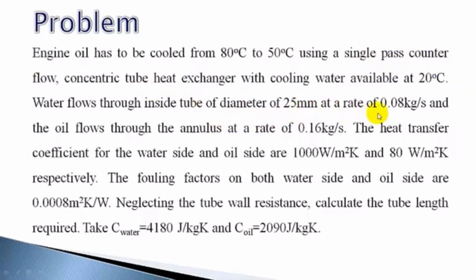Diameter of the tube is given as 25 mm, and the water flow rate, that is the cold fluid flow rate, mc is 0.08 kg per second and mh is 0.16 kg per second. You know the heat transfer coefficients on the water side as well as the oil side. Water is flowing inside, so hi is 1000 watts per meter square Kelvin, and outside ho is 80 watts per meter square Kelvin. Also the fouling factors on both inside and outside are given; for a unit area, the fouling resistance is 0.0008 meter square Kelvin per watt, and Cp values of both the fluids are given. Now we have to calculate the